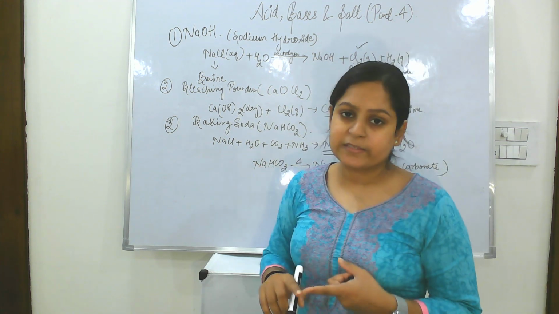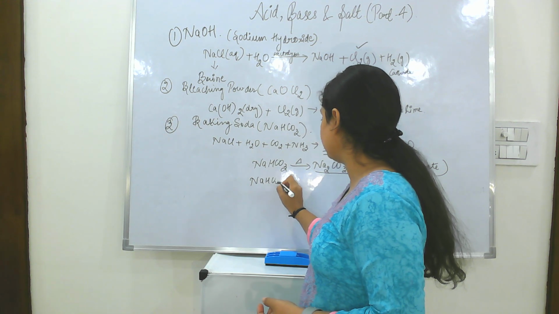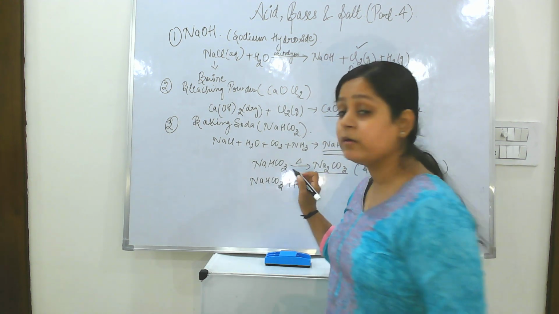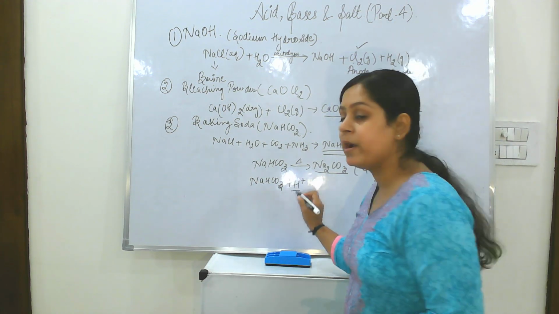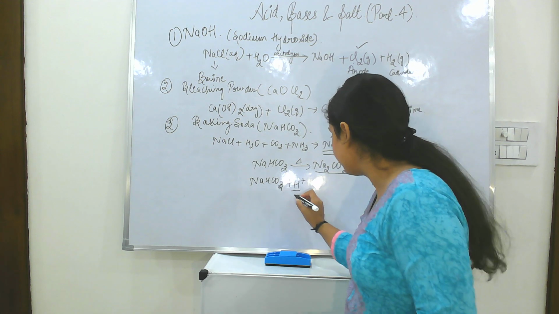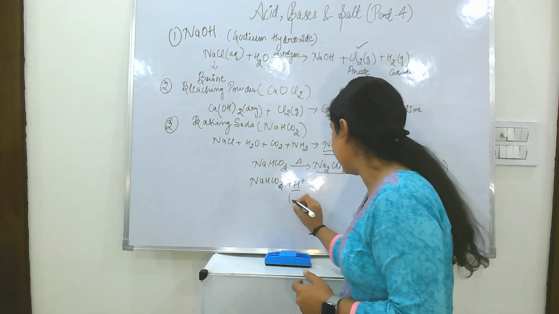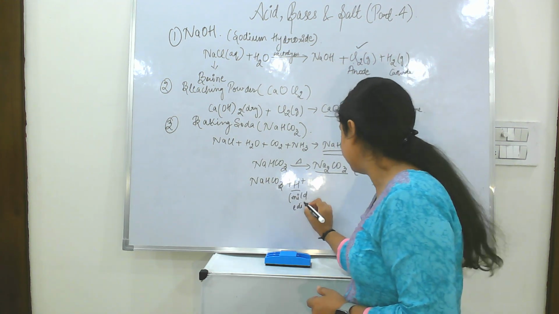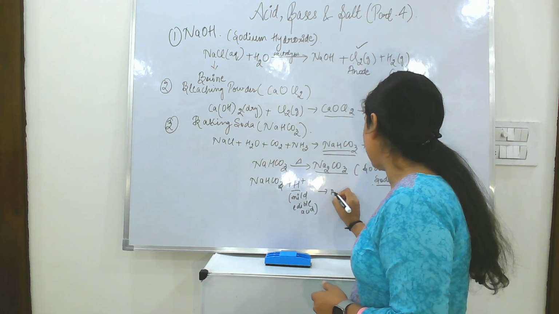So you know acids contain H plus ions. So when this NaHCO3 is reacted with any mild edible acid, and acid contains H plus ions, we can take any mild edible acid like tartaric acid. So this H plus indicates the H plus ions from the mild edible acid, and it will react to give baking powder